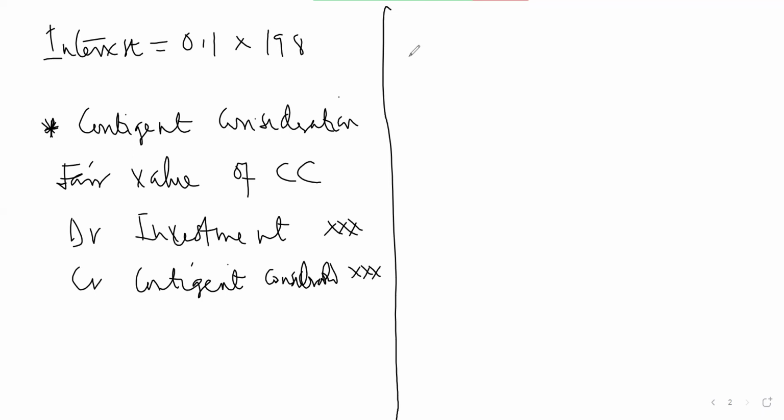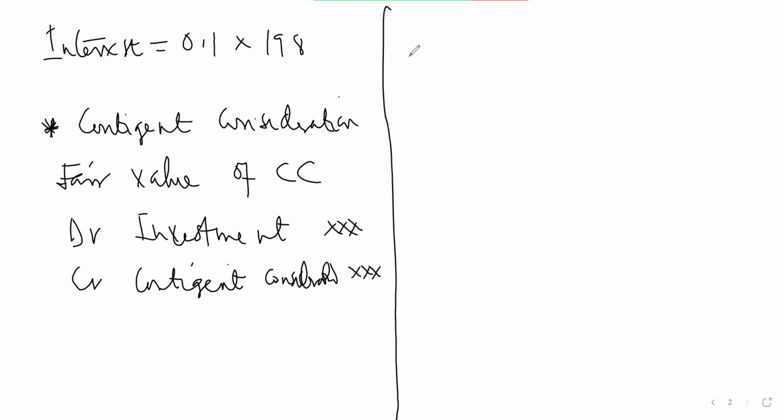So this will now be part of your consideration. But at the end of the year, you ask yourself, the estimate was a 25% increase in profits. At the end of the year, was a 25% increase achieved? If no, they were able to achieve only what? 15%. It means that we have to revise our estimate now to reflect what? The actual performance of 15%. So at the end of the year, they will still give you the fair value of what?